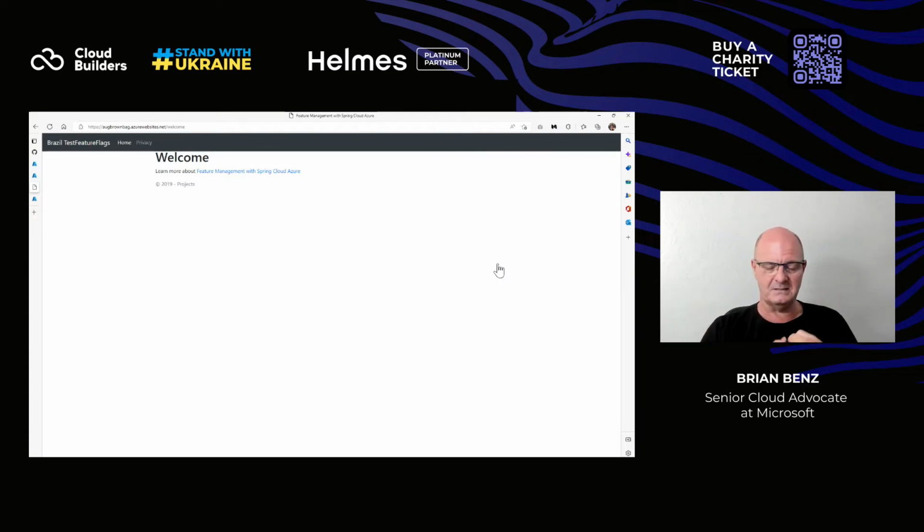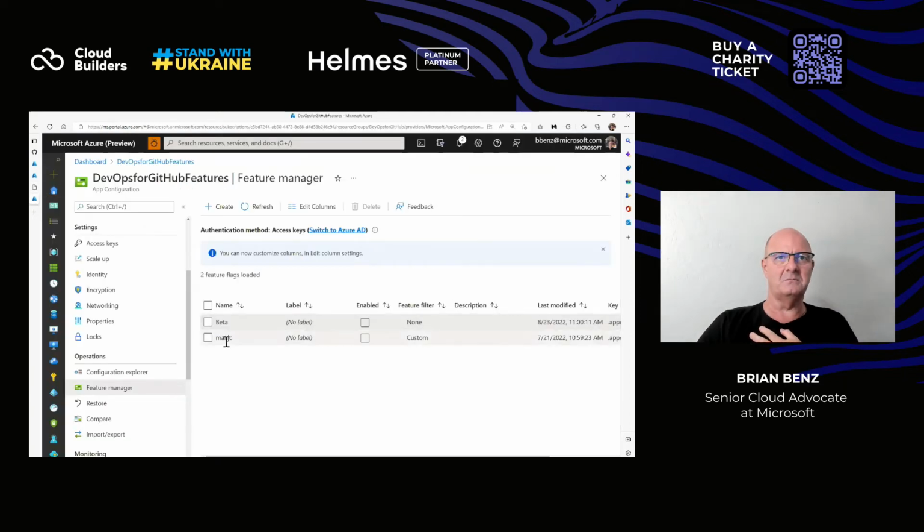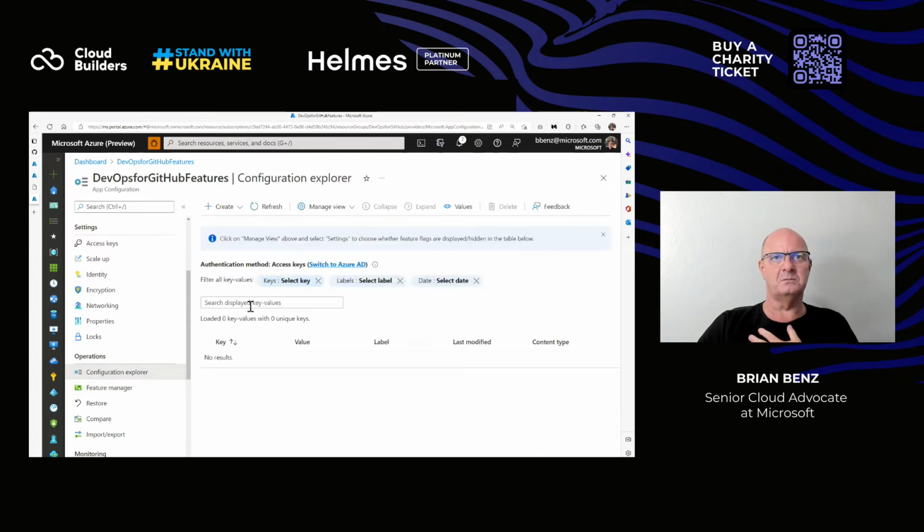So that's called A/B testing. When you do application testing, you can have half the people see the new feature, in this case Bit, and half the people see the old features. So the way you do that is in Configuration Manager. I've got this one here. If I go into Configuration Explorer,